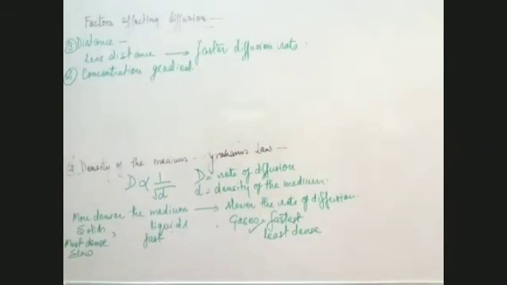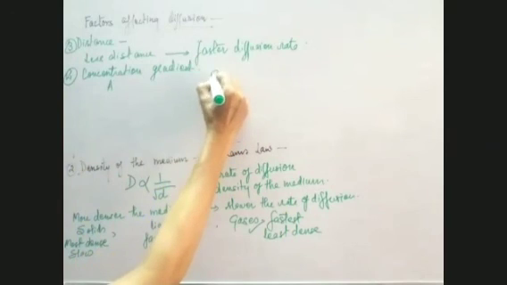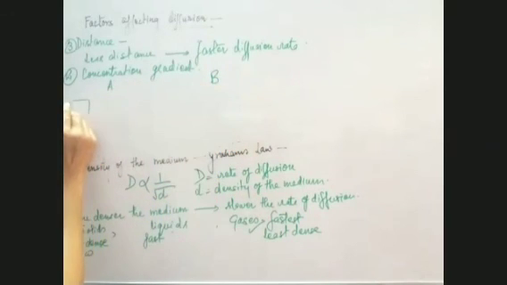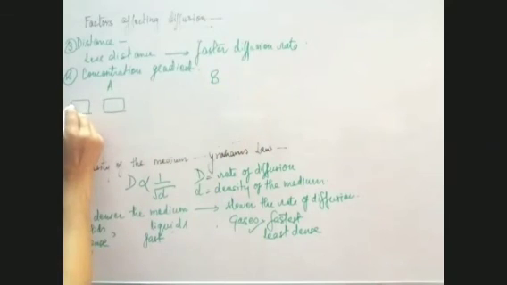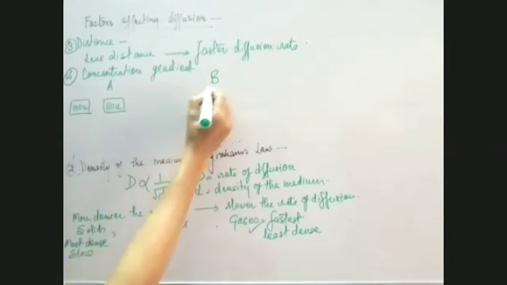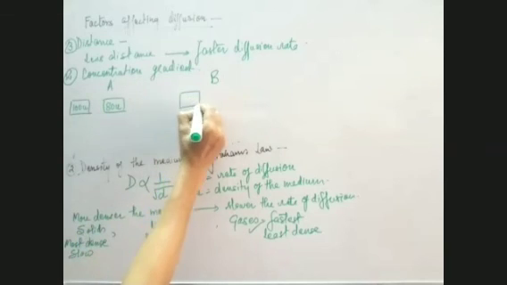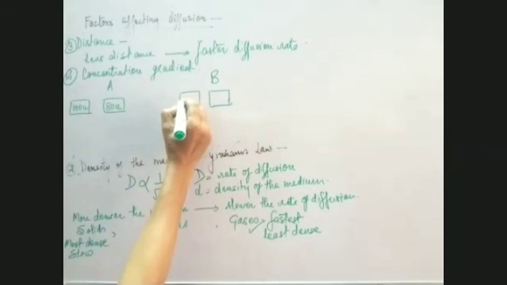Suppose we have a system in which diffusion is taking place, and the difference between two sites is, suppose this is the first setup, A setup, and we have another setup, B setup. Now here, diffusion has to take place from this location to this location. And here the concentration, say, is 100 units. And here the concentration is 80 units. Now this is another setup where the diffusion has to take place from this location to this location. And here the concentration is, say, 100. Again,